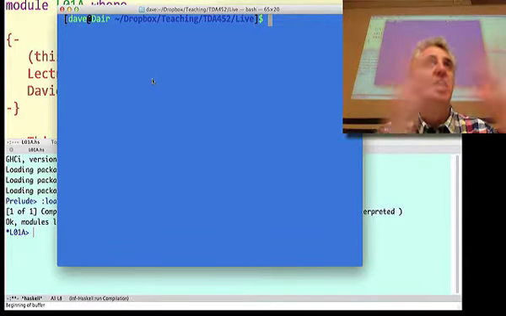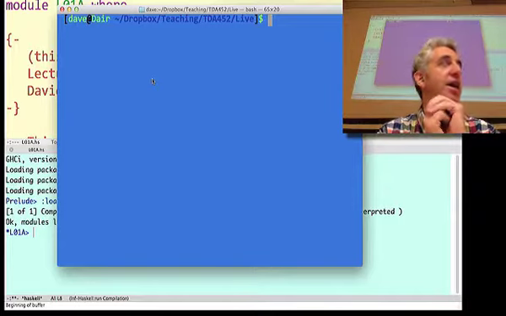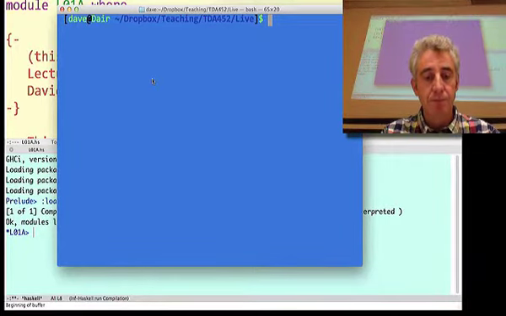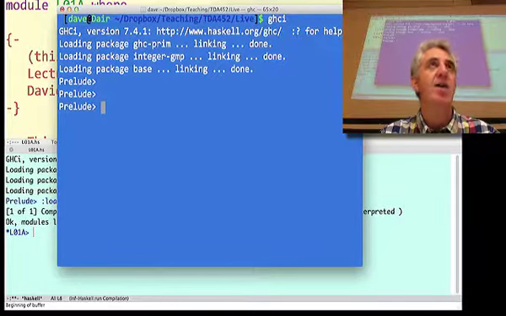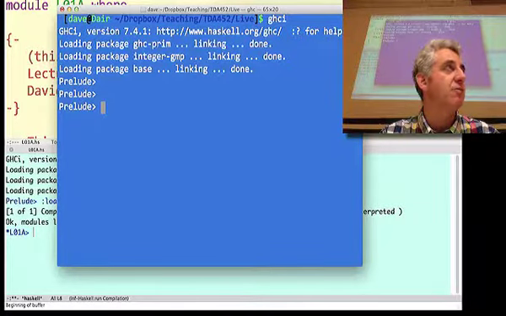GHC is actually a collection of things, one of which is an interpreter called GHCi. GHCi is just an interactive interpreter, and you would have seen things like this before if you've played with languages like Python, or maybe when hacking on JavaScript.